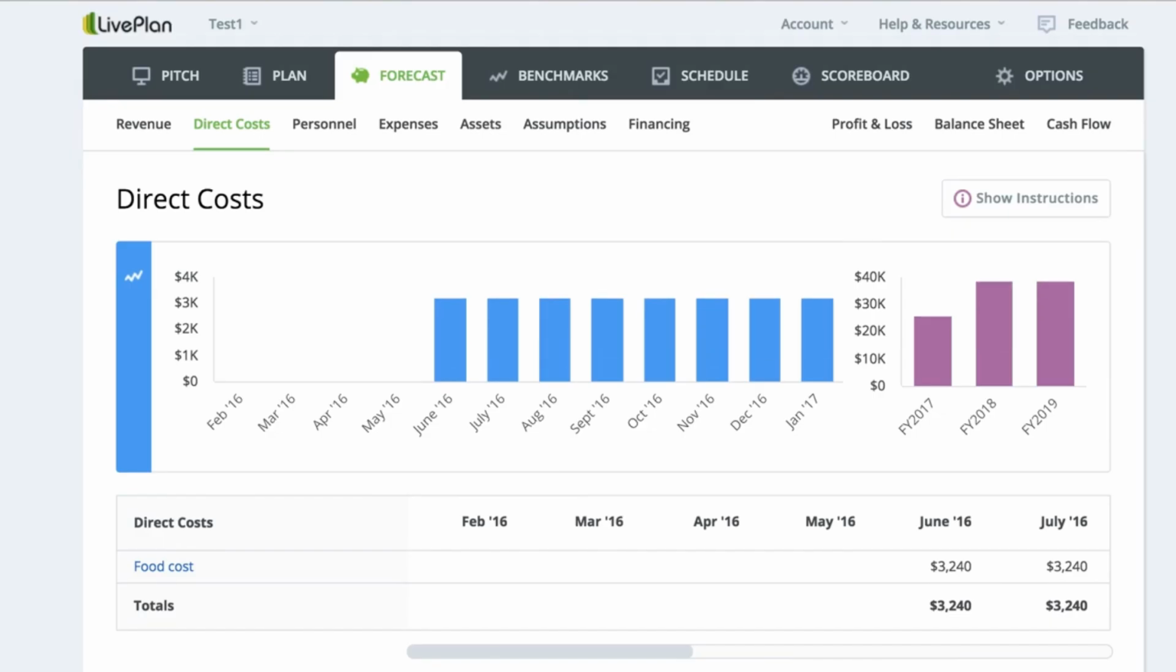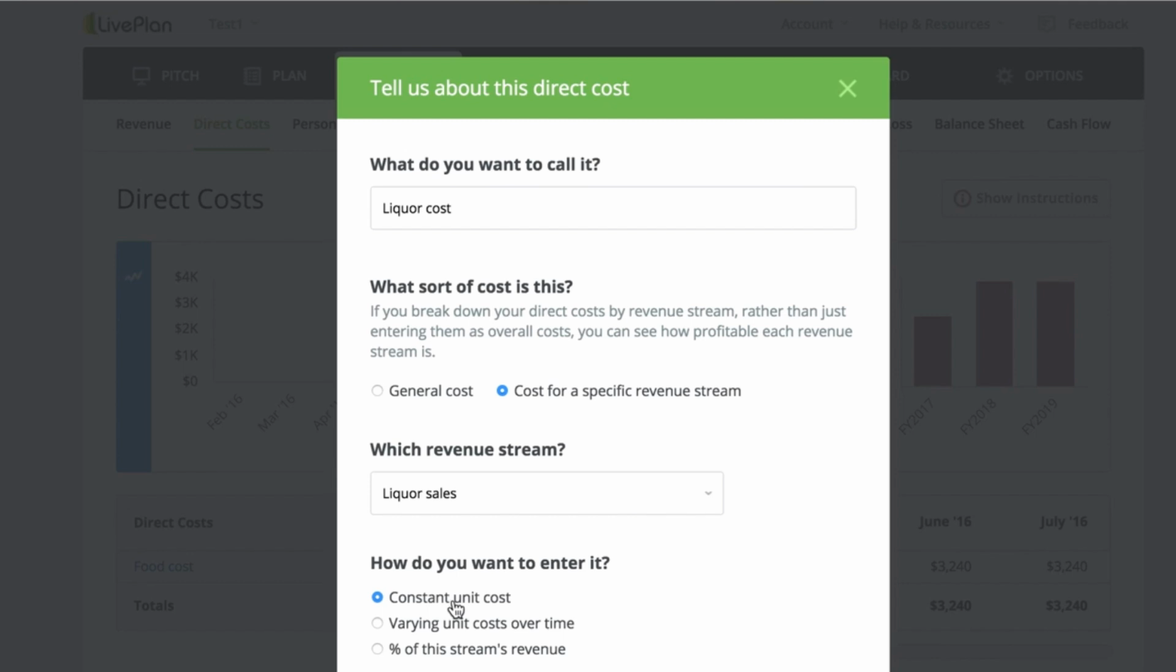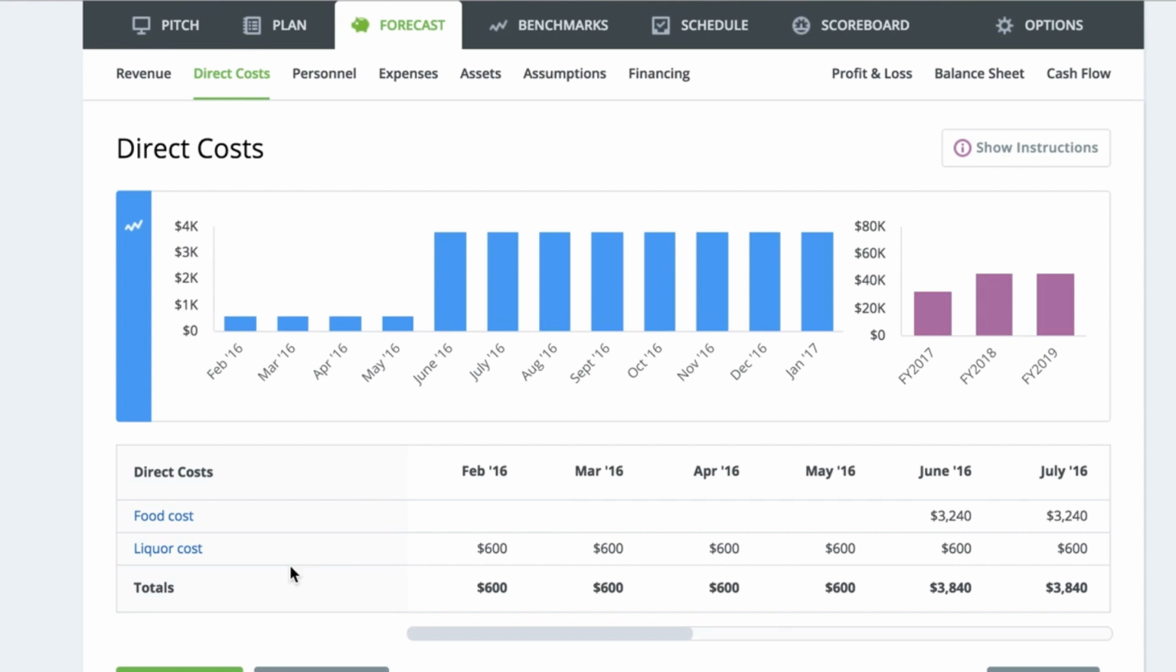All the magic happens. And I'm going to add another direct cost, which is my liquor cost. This will be for a specific revenue stream, liquor sales, and liquor cost is going to be 20%. And again, you're going to say, how do I know those numbers? Part of this is just gut check, because I've done some of these for a while, but there are plenty of resources and sample business plans out there. So we could continue to add costs in as we want, but right now we're going to jump